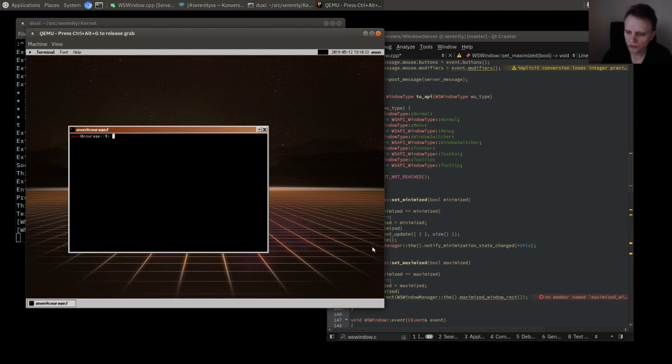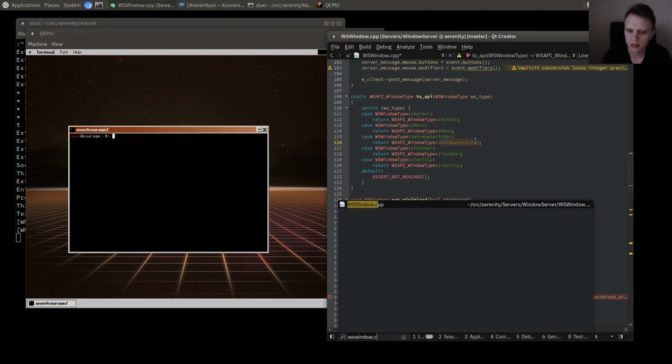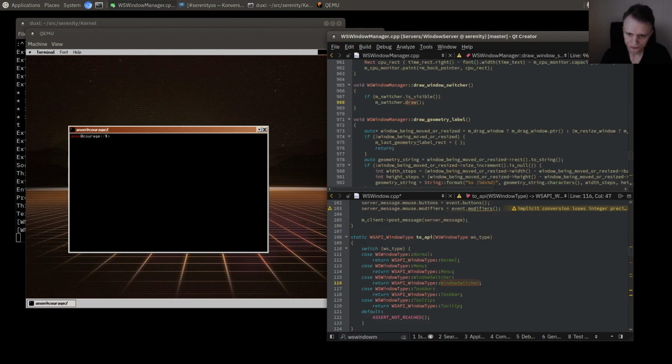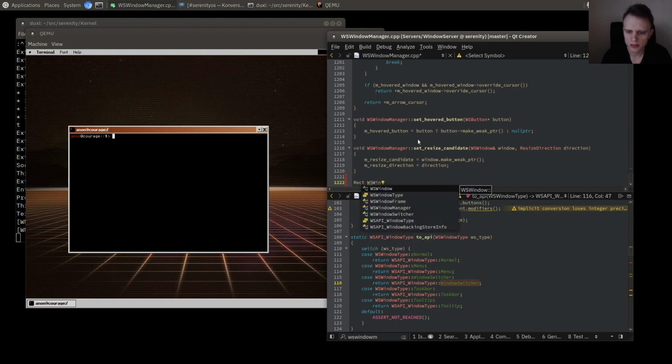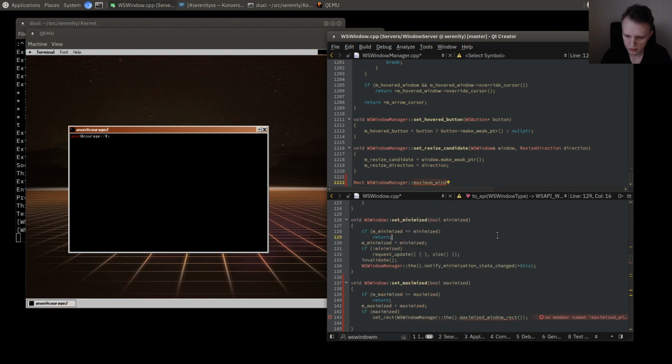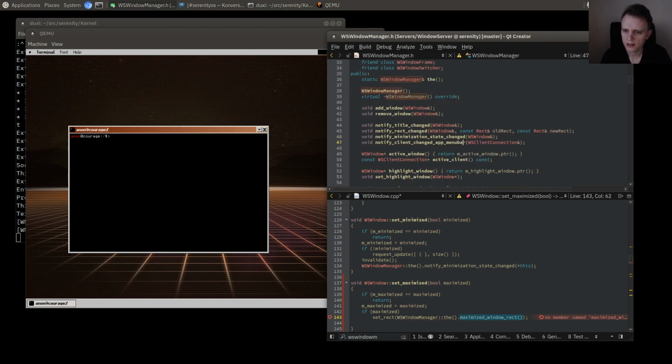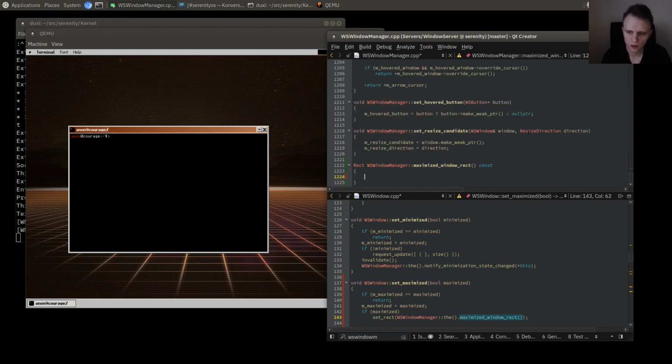Okay, so for that one we're gonna have to work that out. So let's create that function. Okay, we'll call it rect maximum. No, wait, what was the name of it? Maximize window rect, right? Const. Okay, and let's just add it here so we can start implementing it. Okay, we'll start with the screen rect, and